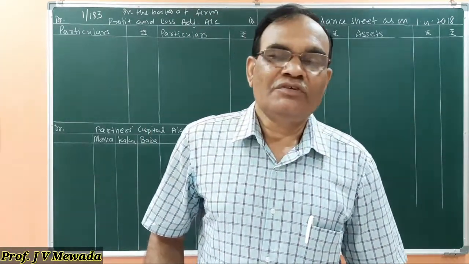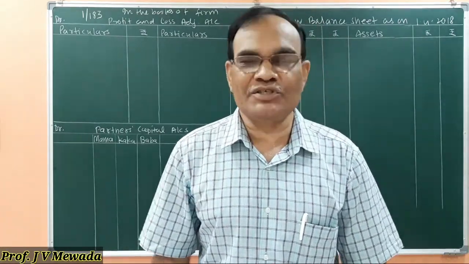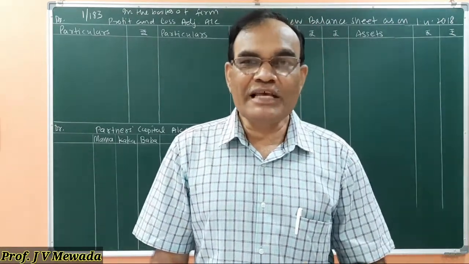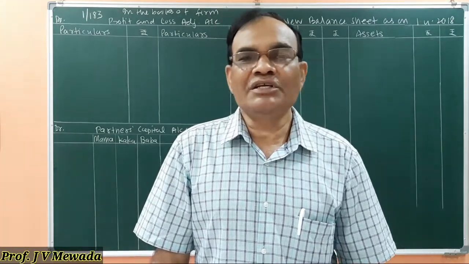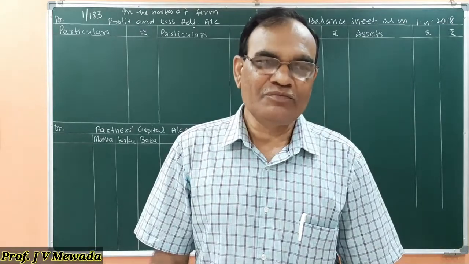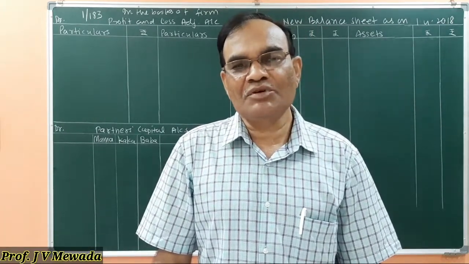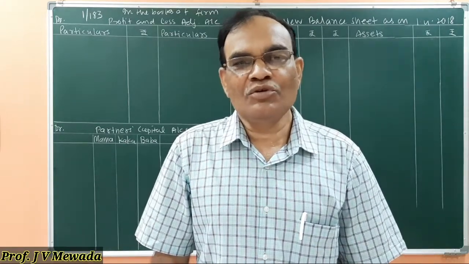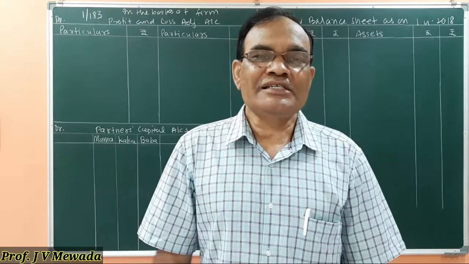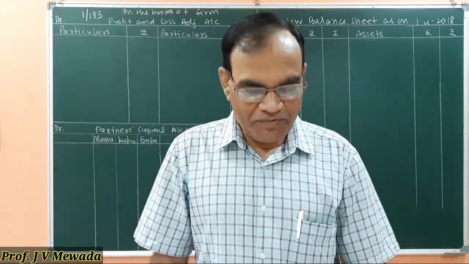Now we are going to solve the sum as we were solving in the admission. We are having the same steps except few. Like in admission we are having first 4 steps: open the following accounts, transfer the items of balance sheet, revalue the assets and liabilities, close the revaluation account. Same steps we are going to follow in the retirement. The 5th step is